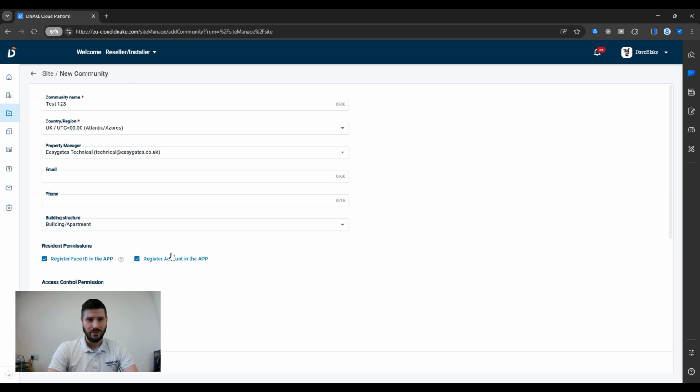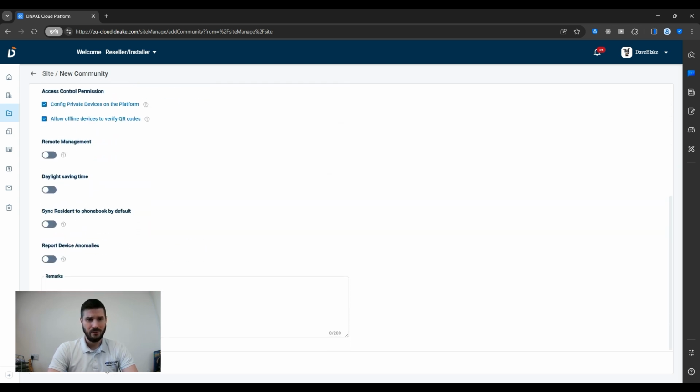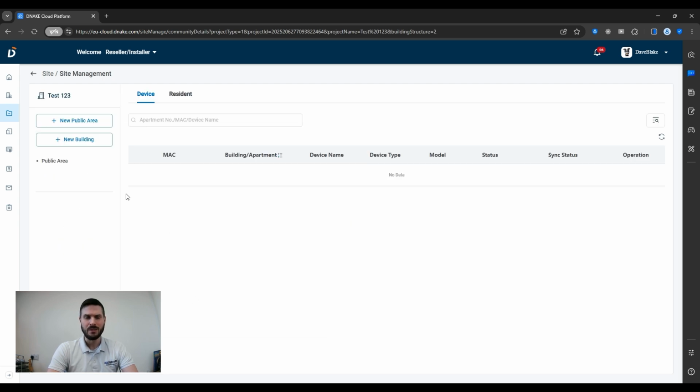So once you've selected everything you're happy with, click Save at the bottom there. And this is where it'll take you into the site management as the installer, so you can start registering devices and that kind of thing. But what I'm going to do before I jump into that, because I intend to use this with it coming through to the app,